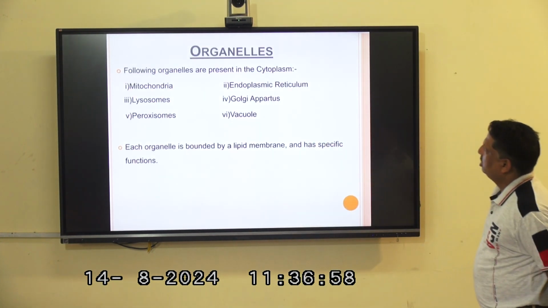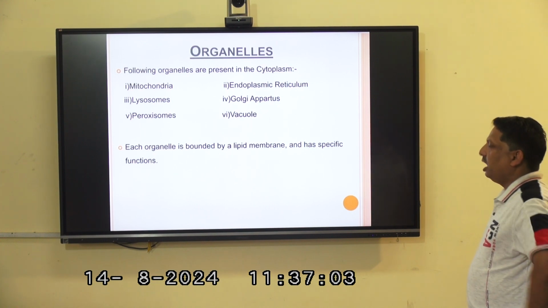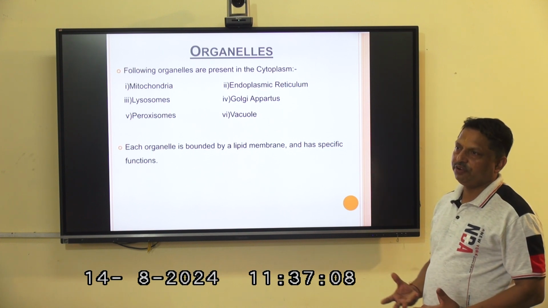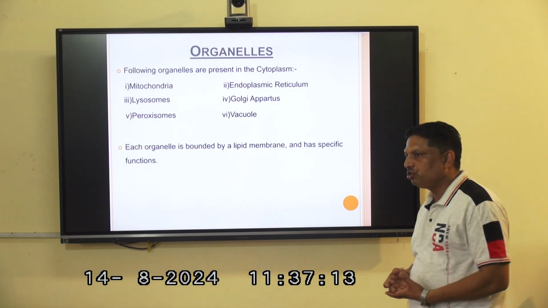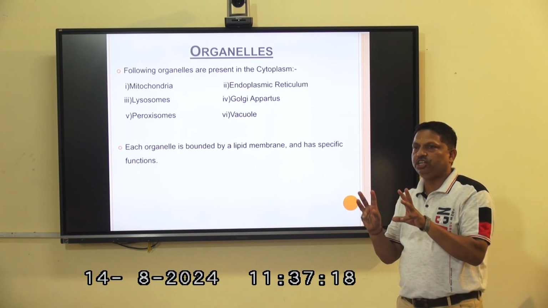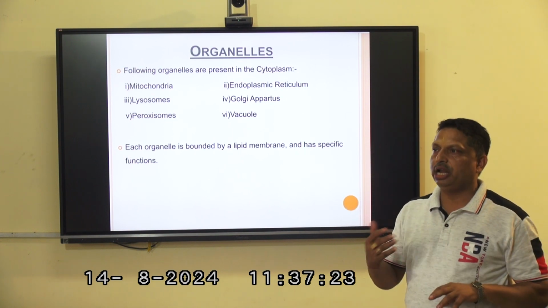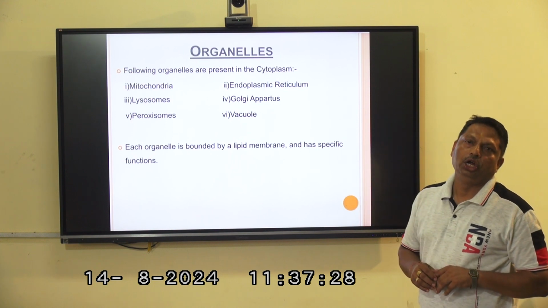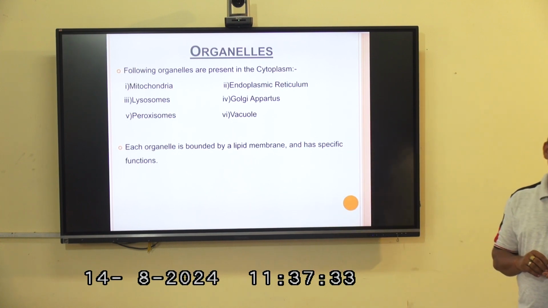Other than the nucleus, there are different other organelles present in eukaryotic cells. Each plays a significant role individually. The mitochondria are called the powerhouse of the cells. They hold the currency of the cell in the form of adenosine triphosphate, diphosphate, and monophosphate. From time to time, when any part of the cell requires energy molecules, the mitochondria provide them. That's why they are also called the powerhouse of the cells.